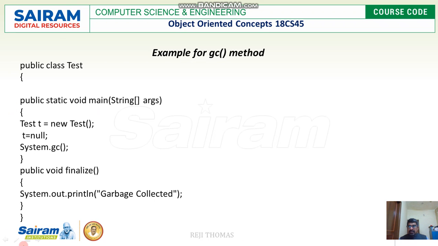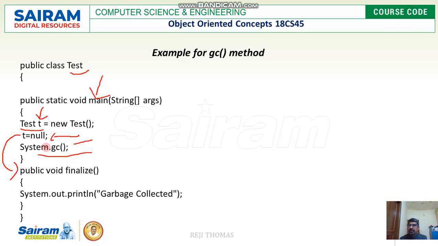We can see a class called Test. This has the main method where I've created an object called t. t is an object, and t does not have any value. I just want to store nothing in t. Now I call system.gc. System.gc is the method which is going to invoke, or perform, the garbage collection. But before this is called, what happened? This is going to be the last method called by t.